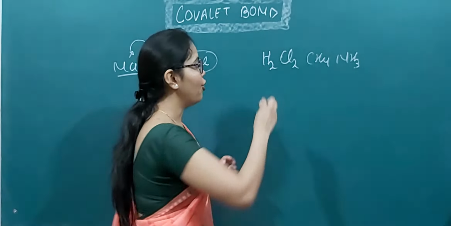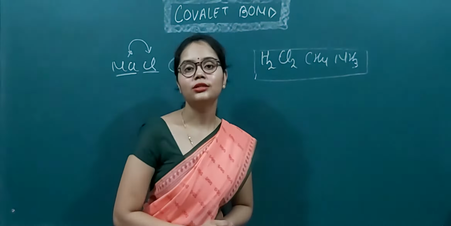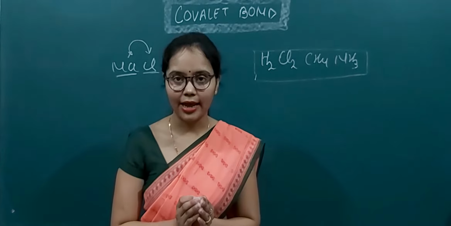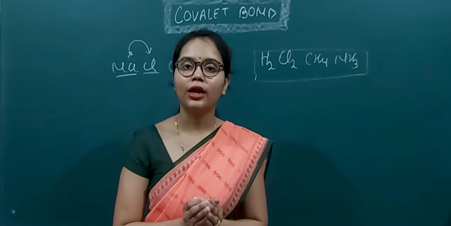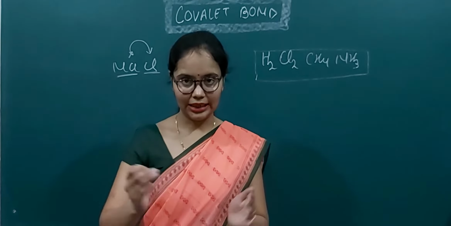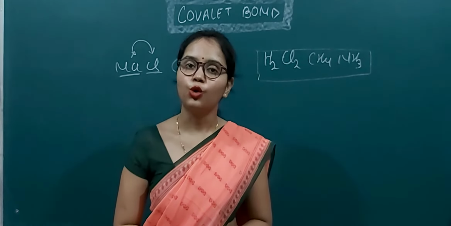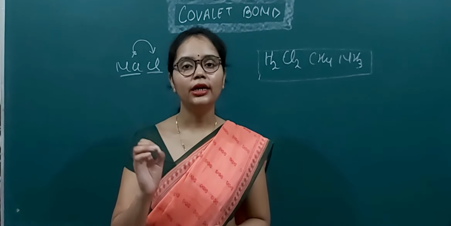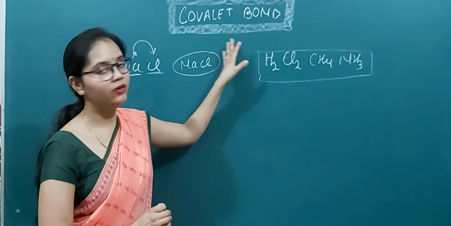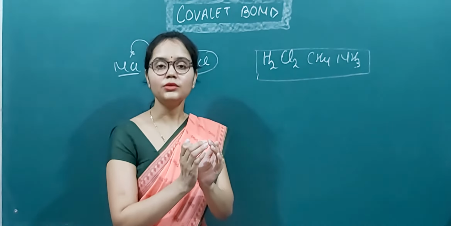Okay, so in order to explain the bonding in these types of compounds, Lewis suggested that the compounds in which the constituent particles have exactly the same electronegativity or slightly different electronegativity will attract each other by a different type of attraction, which is known as covalent attraction or covalent bond. So our today's topic is the same, covalent bond. Today we will discuss how these constituent particles are joined together.